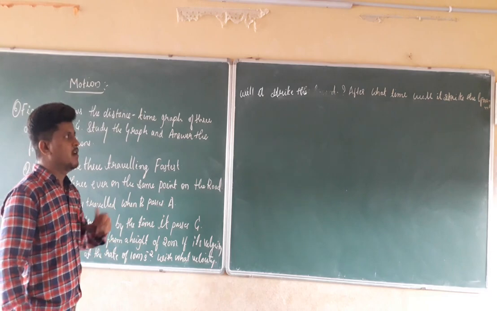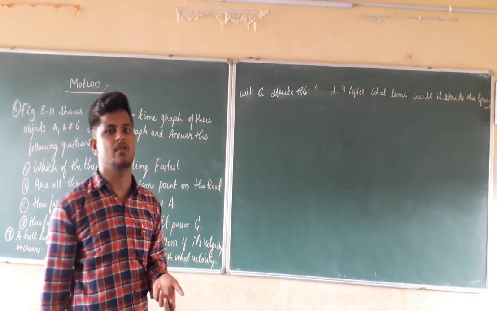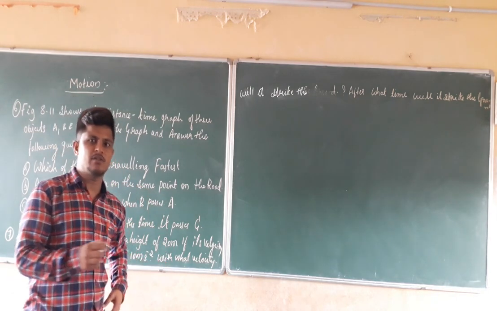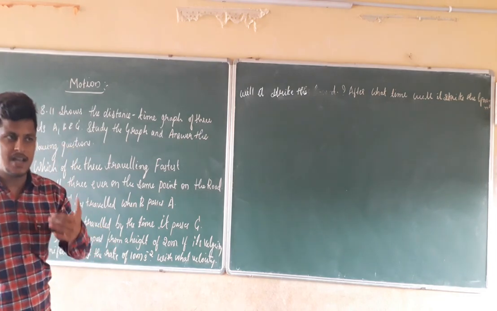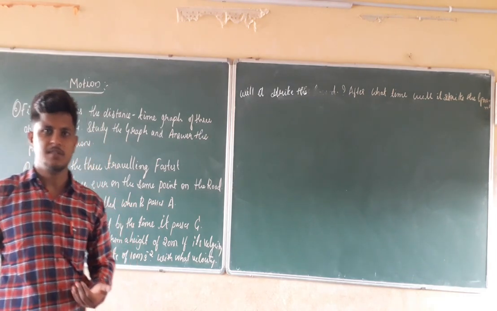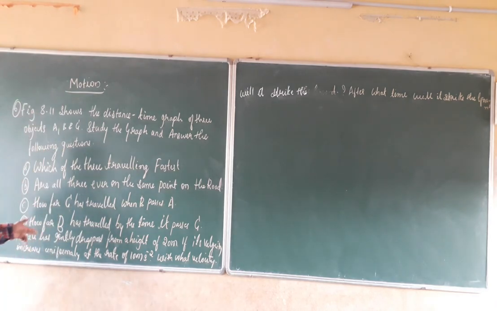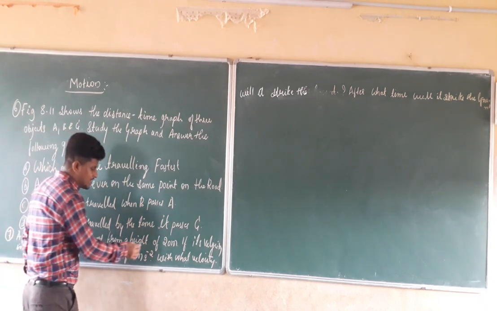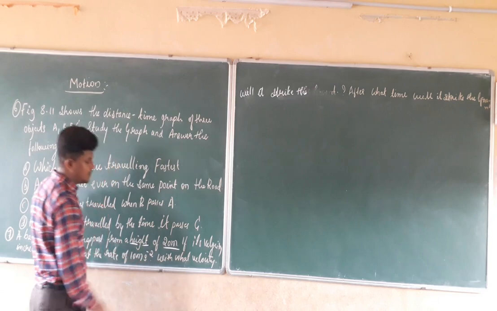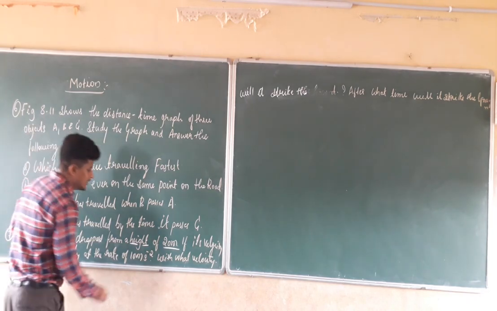We also have to calculate the time taken for the ball to reach the ground, that is, at what time it is going to strike the ground. So, if we take this problem, it is given that a ball is gently dropped from a height of 20 meters. The problem statement gives the height of 20 meters.